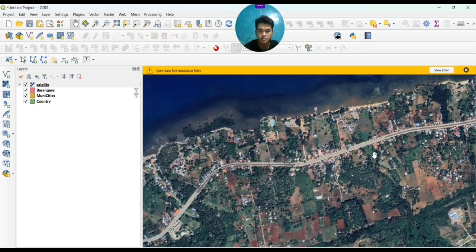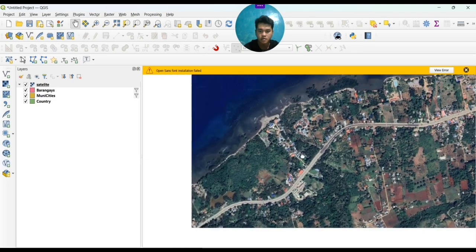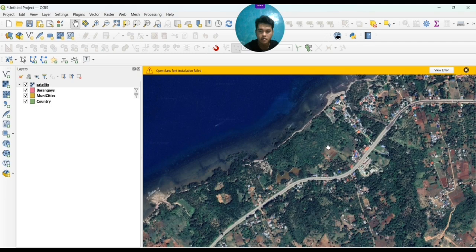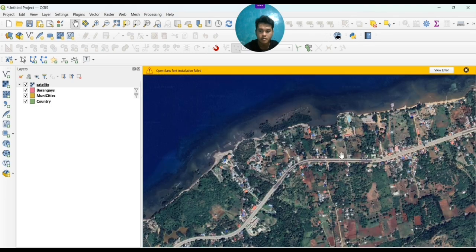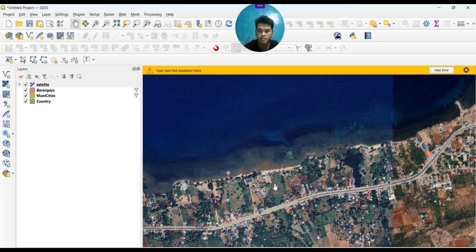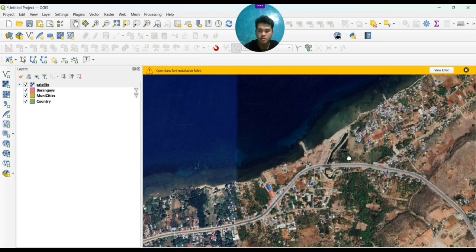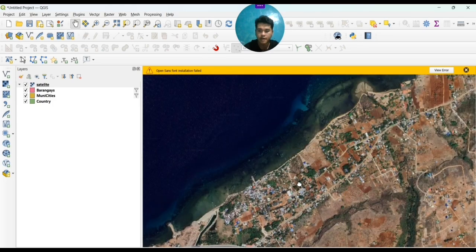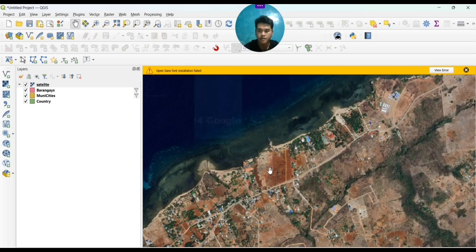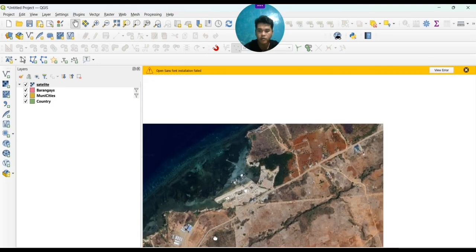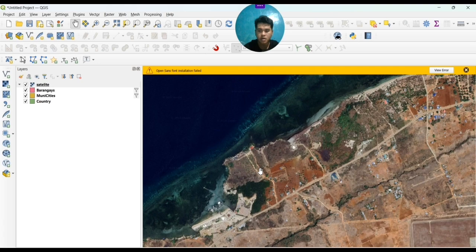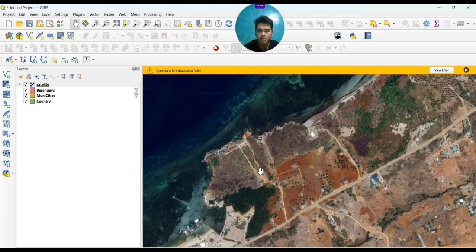Mm, where is it? For me, this will take a while, looking for the specific area where my study was being conducted.